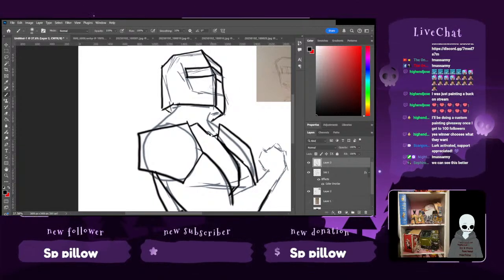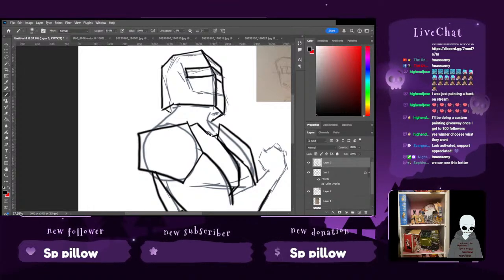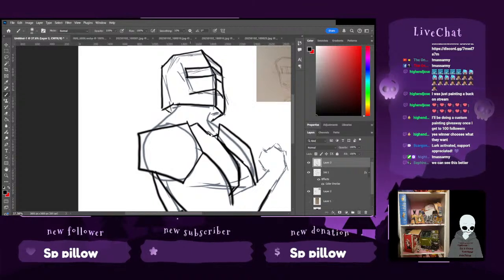My perspective's not super great there, but it's okay. He's kind of giving Transformers vibes, and I'm okay with that.